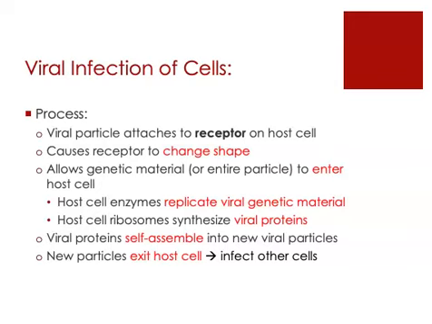So not only will the host cell make copies of the viral genetic material, it will also use it to make viral protein. The host cell is going to do all the work, in other words, for this parasite, this viral particle. And once all those things have been done, the viral proteins will assemble themselves into new viral particles with the newly copied viral genetic material inside. And then those newly made viral particles will burst out of that host cell and go on to infect other cells.